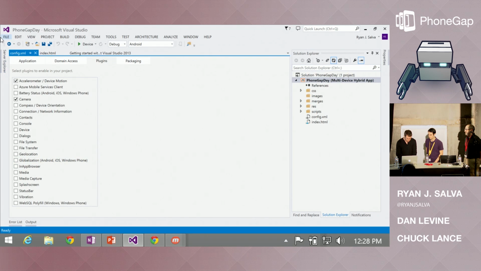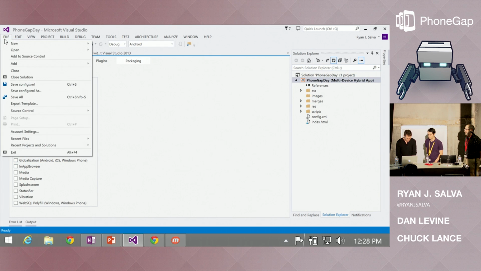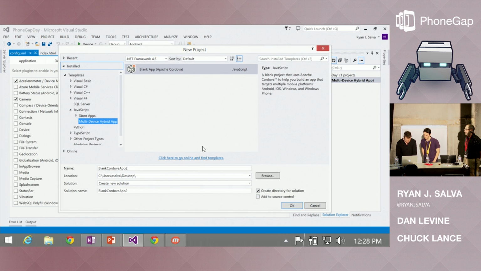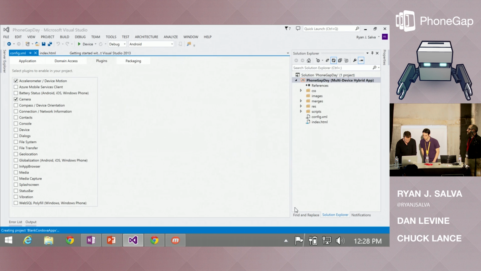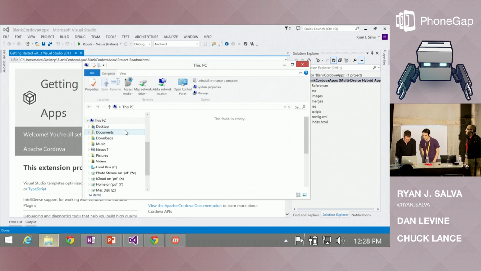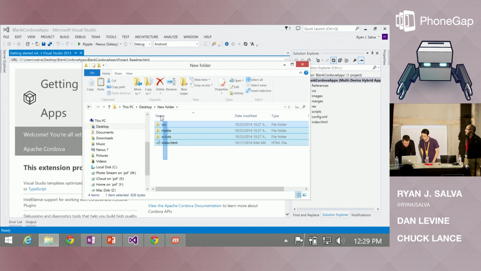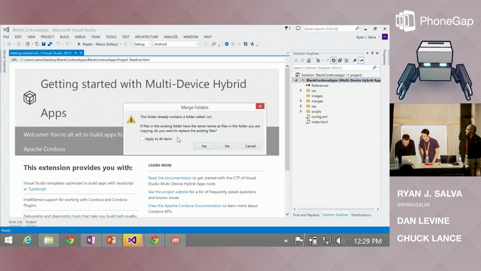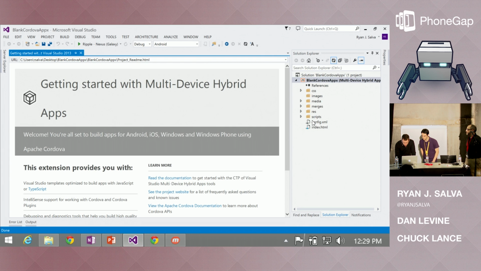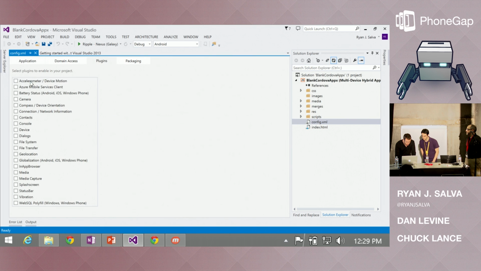I want to make sure that I got the right stuff here, so I'm going to File, New, Project, App, say OK. I'm going to do a quick copy and paste here to make sure I got the right stuff. Yes to all. Config. Plugins. Accelerometer. Camera. Save.